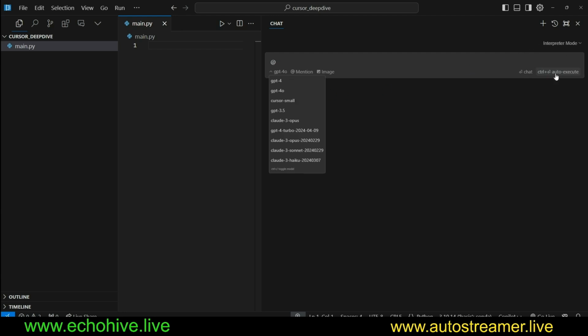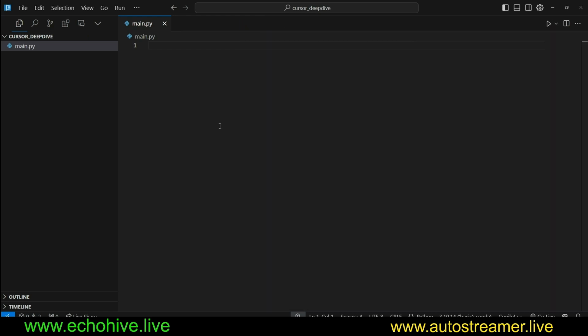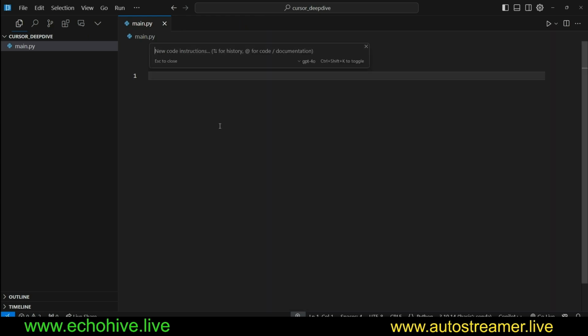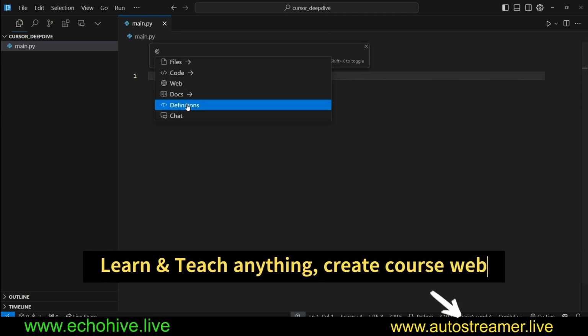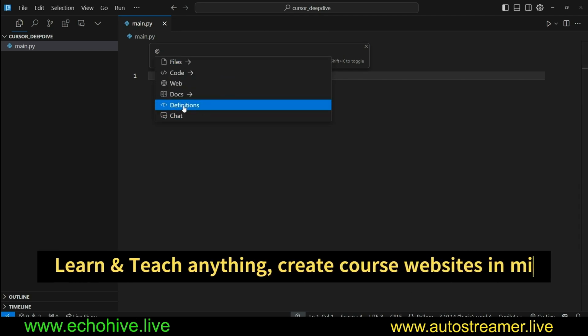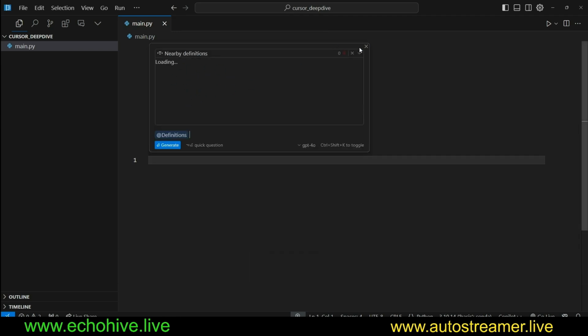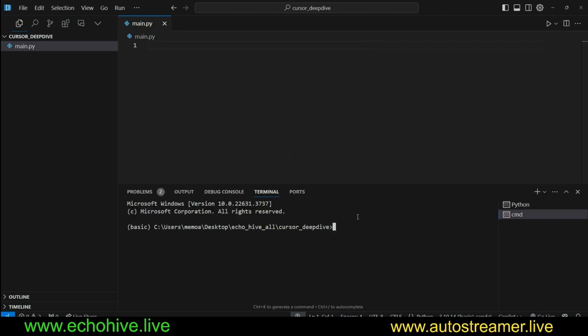context. It also has an interpreter mode, which can take actions on your behalf, such as creating files, stuff like that. It's really cool. We'll learn about ctrl+k commands, in which you can use the add commands as well. When you do ctrl+k, there's this super awesome definitions command, which we are going to learn about as well. You can also use ctrl+k in the terminal to actually let it write commands for you, such as creating conda